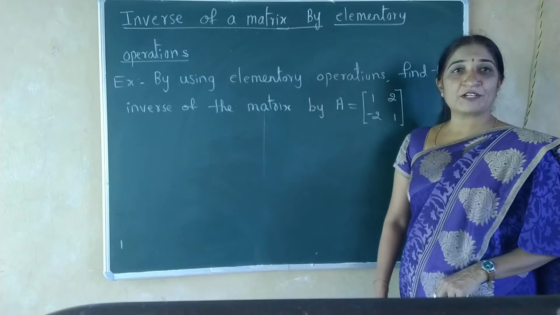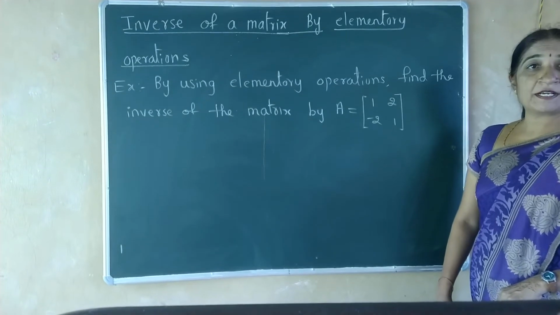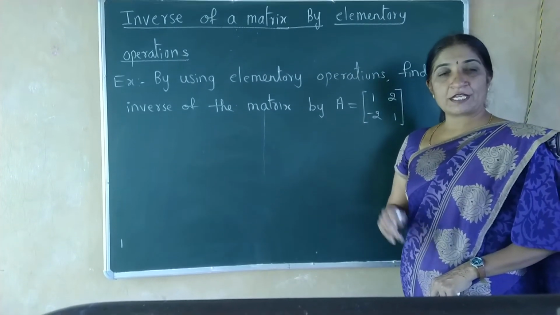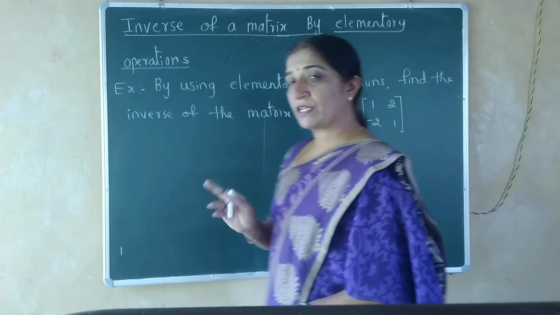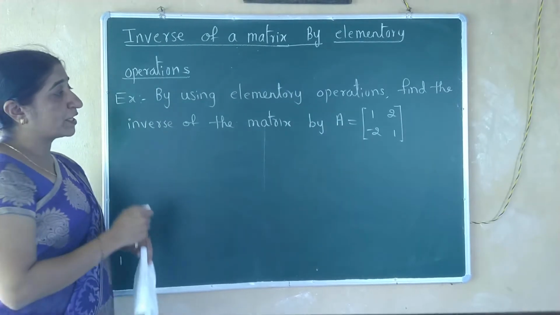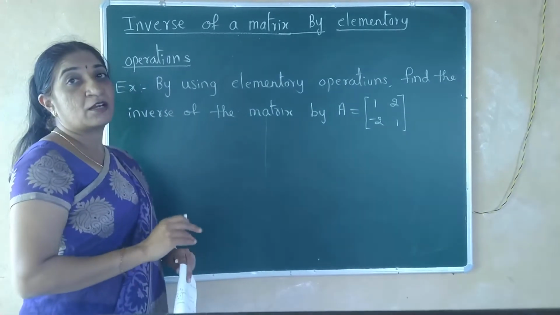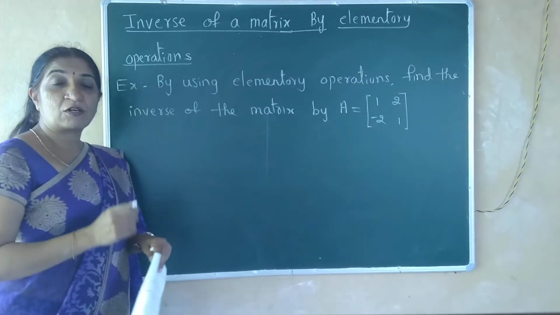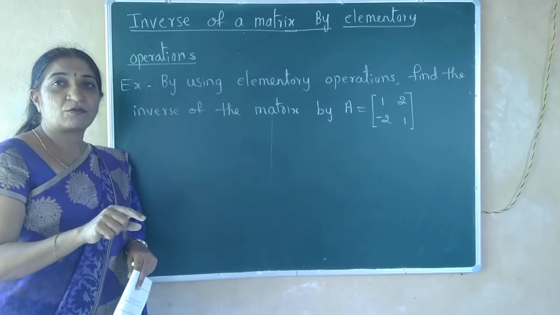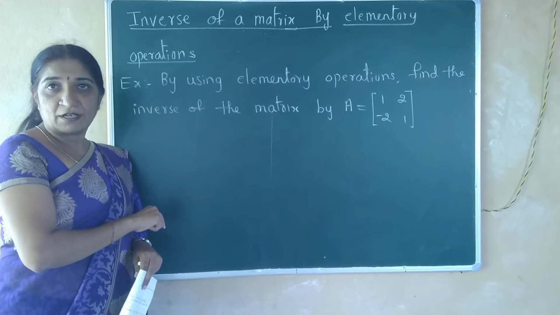Now students, I am giving you the important concept, that is inverse of the matrix by elementary operations. Here with the help of this we have to find the inverse. There are two concepts, one is a row method and one is a column operation, but I will explain row first thoroughly. Then only we will think about column, because in the examination they will not ask any operation particularly. They will not mention either apply row operation or column. The question is like only applying an elementary operation, find the inverse of the matrix.